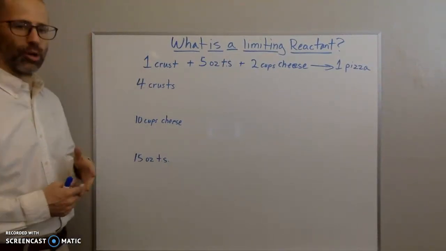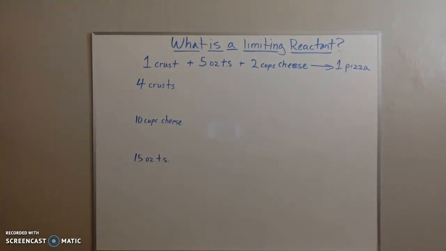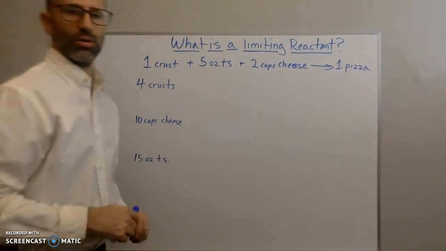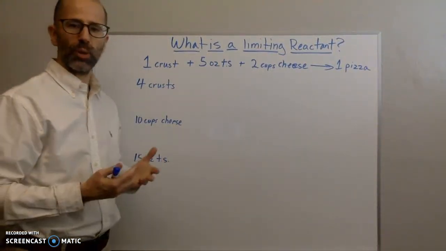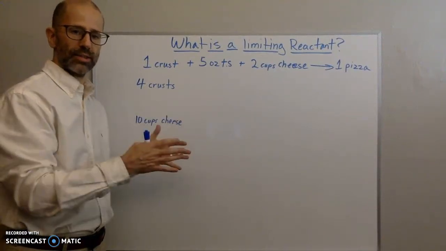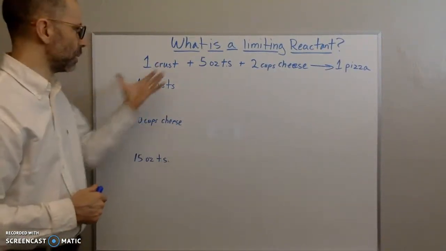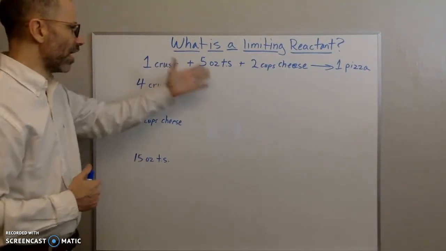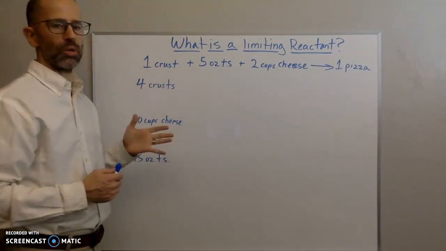So remember that your chemical equation is like a recipe. You need a certain amount of reactants to make a certain amount of product, and pizza making is the same way. So for our hypothetical pizza, let's say that in order to make one pizza,